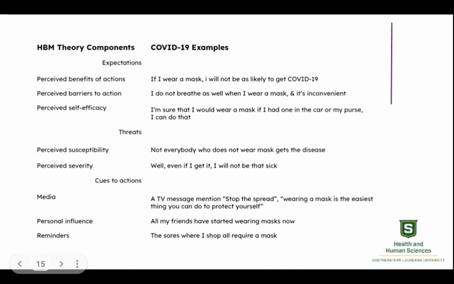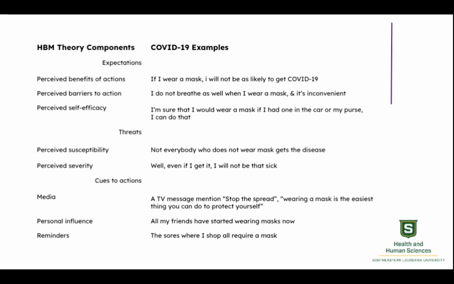What you want to do is make sure that one's perceived benefits are higher than one's perceived barriers to action. So you may want to push more of the perceived benefits, having people concentrate on that rather than the perceived barriers. And of course, you want to make sure people have self-efficacy, to feel confident